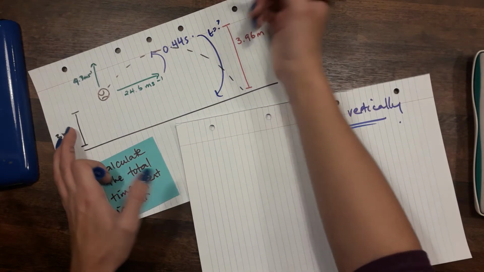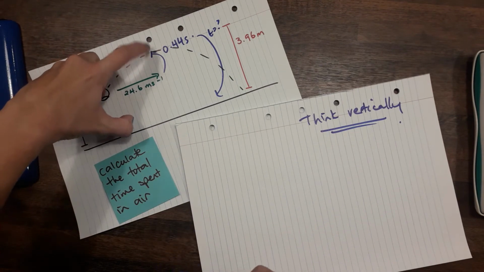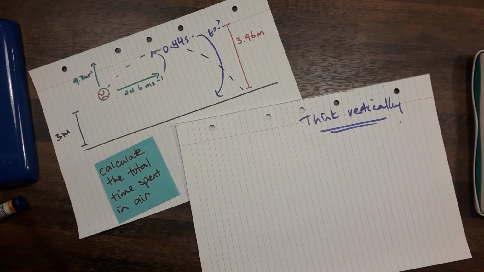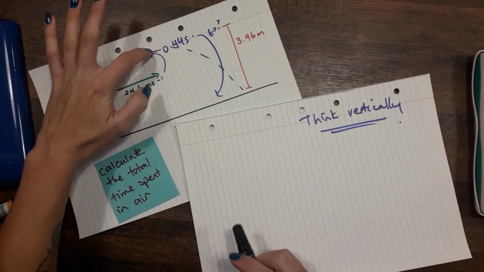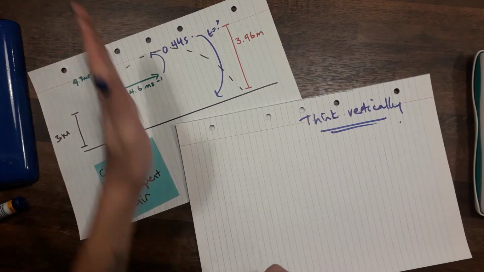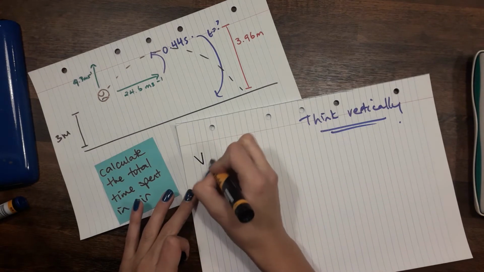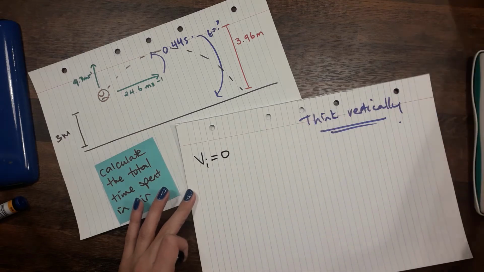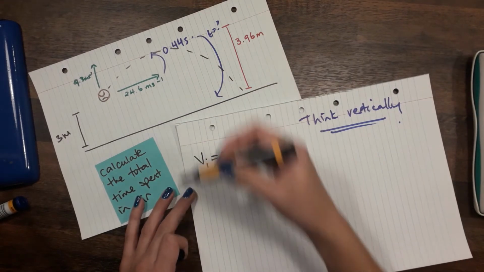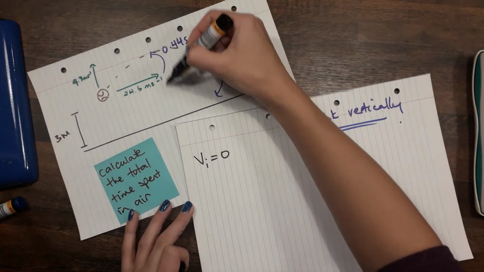But how long does it take to get from there down? Time is, we don't know. But we know a lot about the ball when it's at that position, at its highest vertical point. If that was its starting place to go from there down, its initial velocity would be 0 vertically, because that's when it's just hovering in the air for a split second. So the initial velocity of that tennis ball is 0 vertically. We know that it's falling, and the only force that's making it do that is gravity. So if the ball is going down,